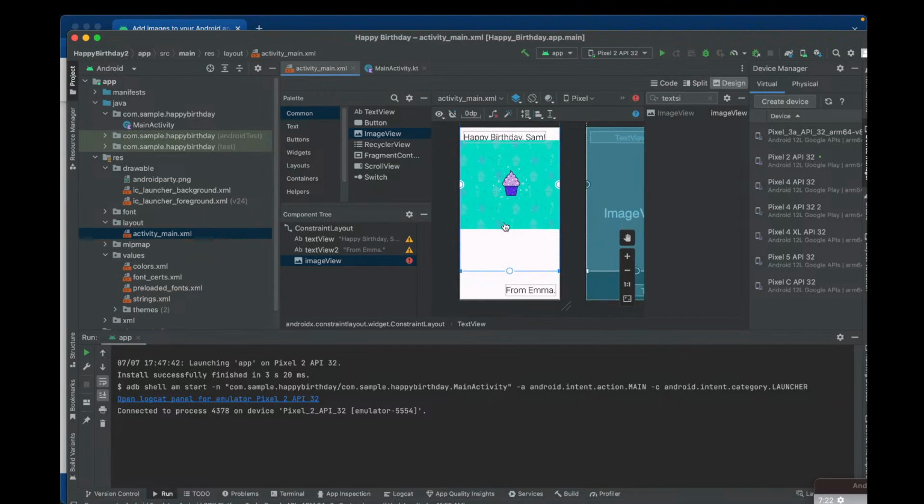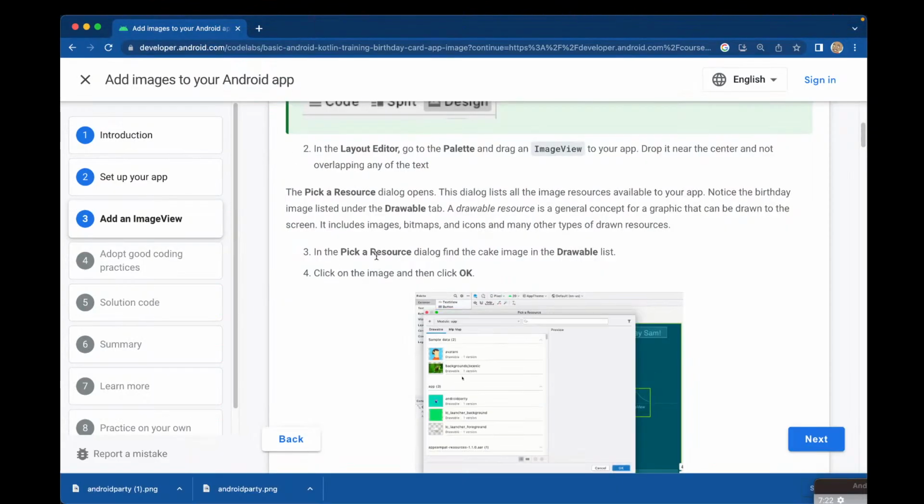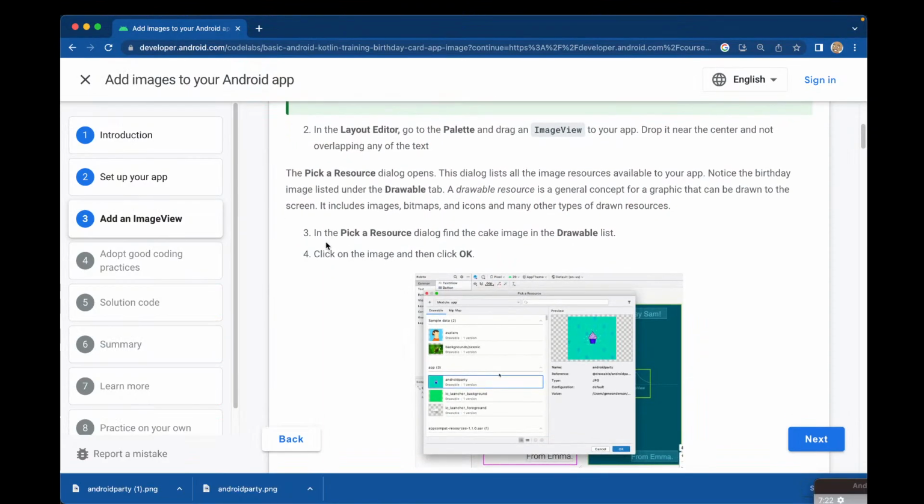Let me see here. I need to move that up a little bit so that it doesn't interfere with this text down here. All right, so now it says